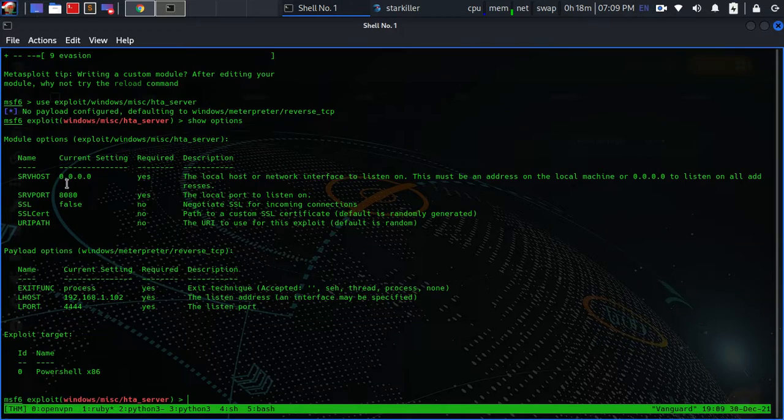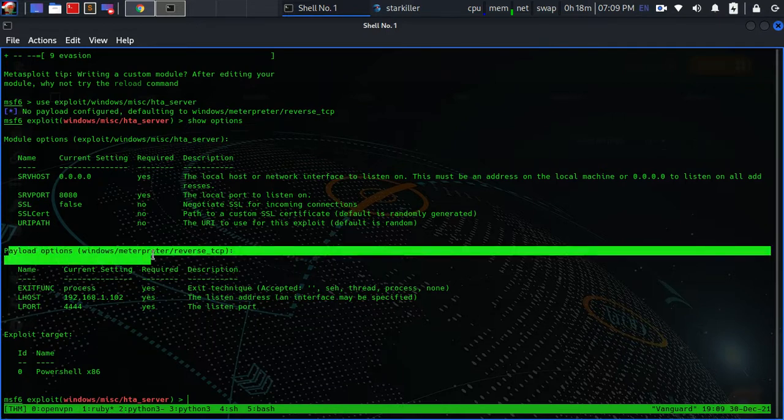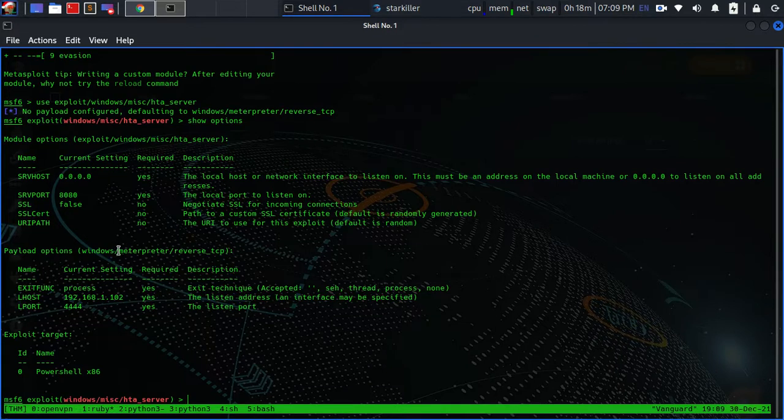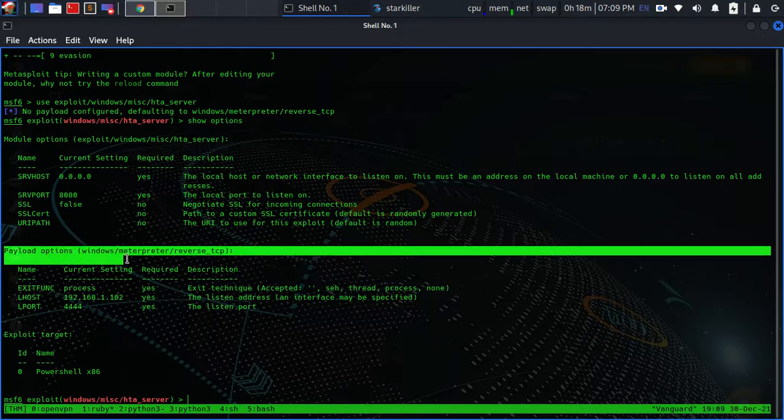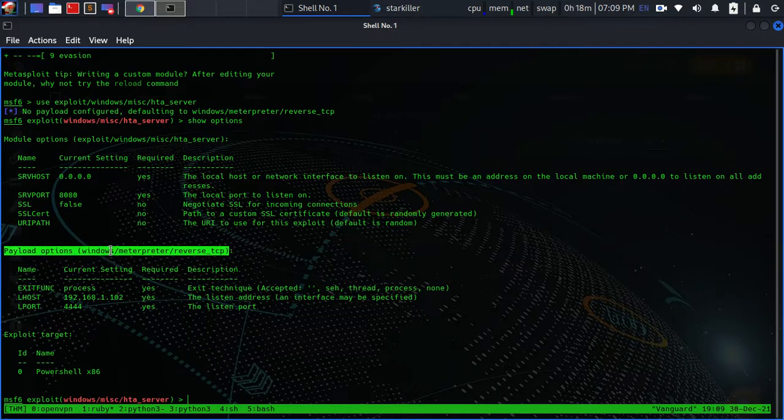We have to configure our server in order to send a file. We have the listener options, and most importantly, we have the payload options. Now, we are going to begin with the right payload, and right here we can see that we have the right payload because we want to exploit a Windows system, and we want to get a Metasploit shell to the target